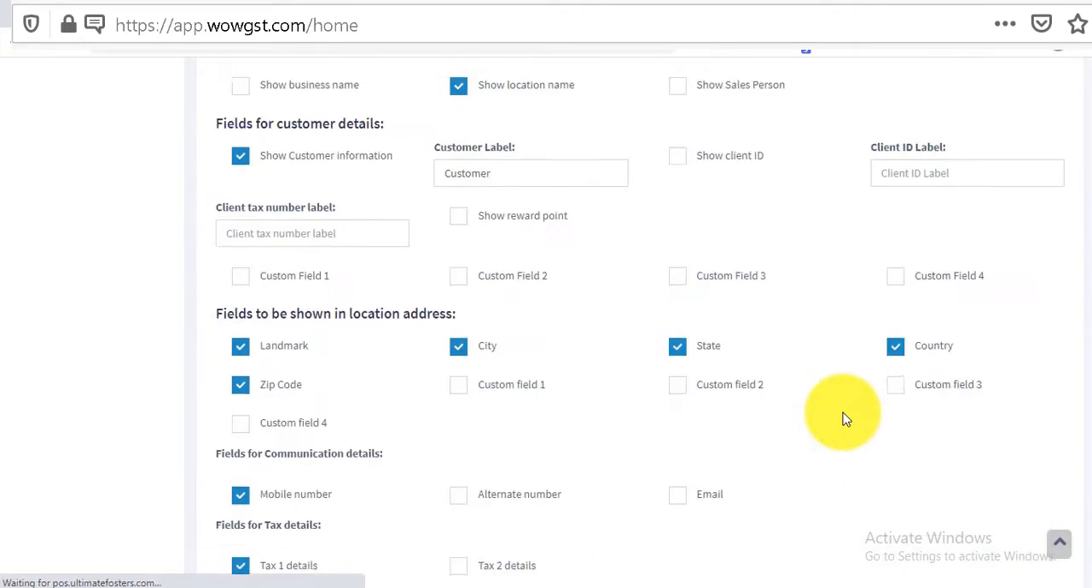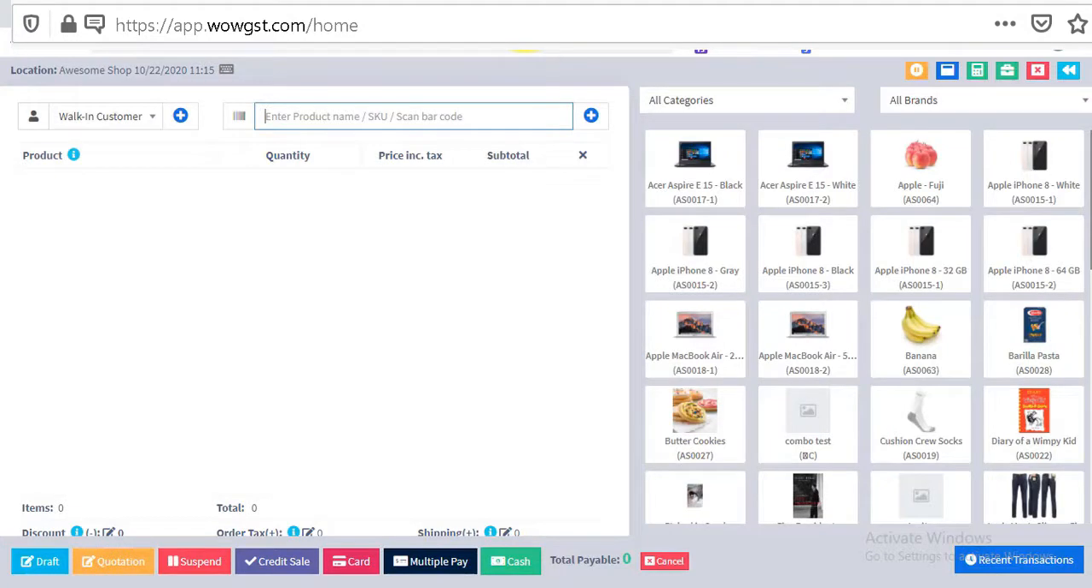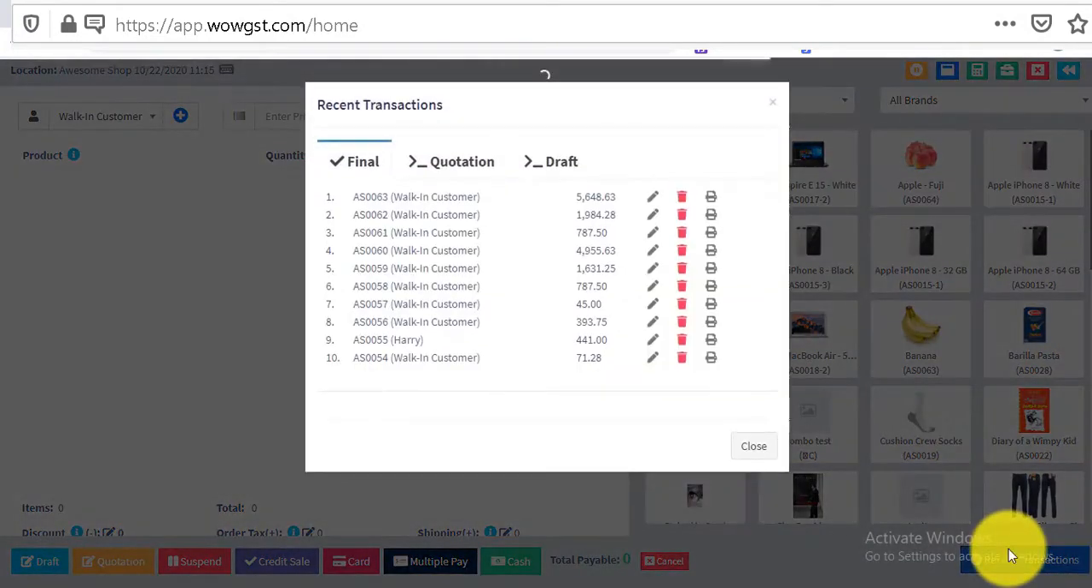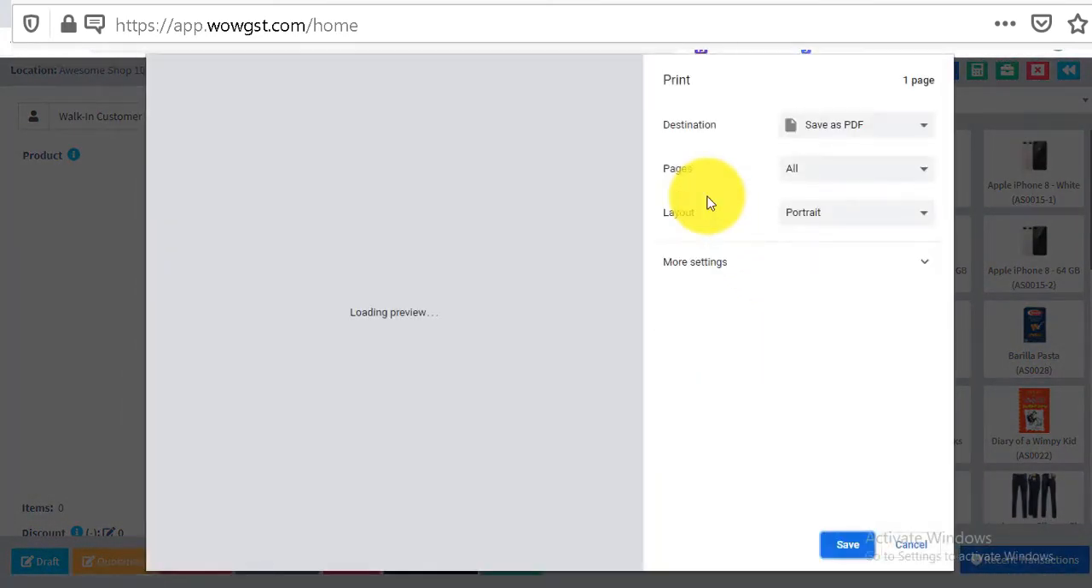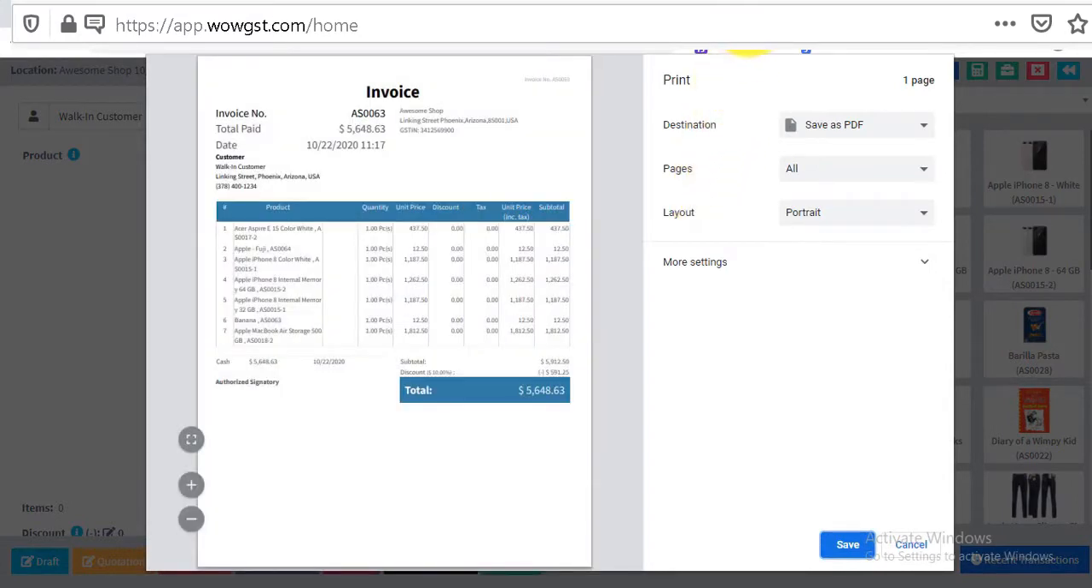You can try different designs from here, and based on that you can use any invoice which is fitting for your business. So I will click on the recent invoice here, and I will print this particular invoice. If I print this invoice, it will get a new design based on our selected design. So you can see in this new design it is only showing me the,